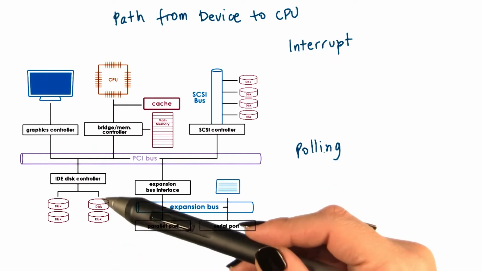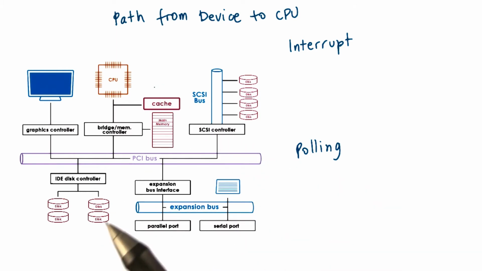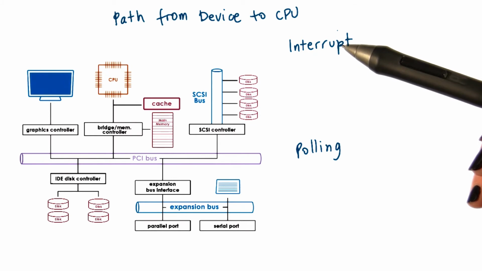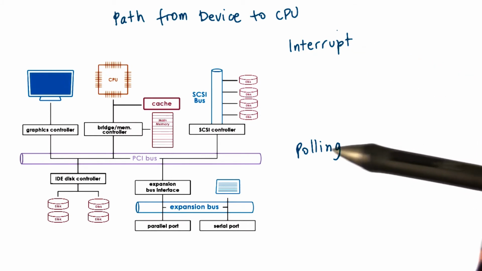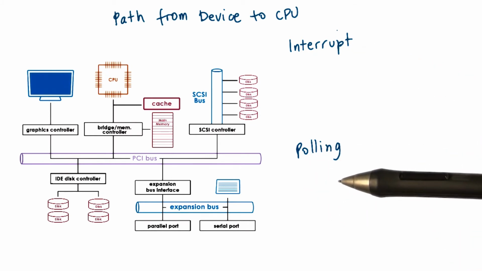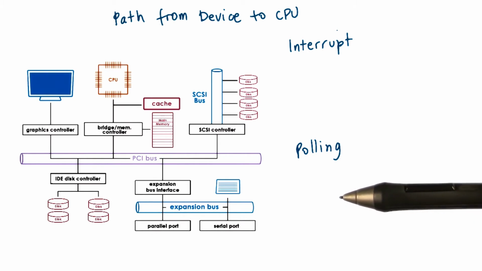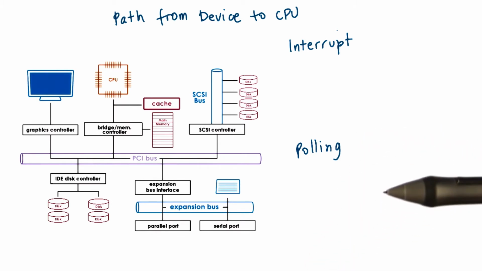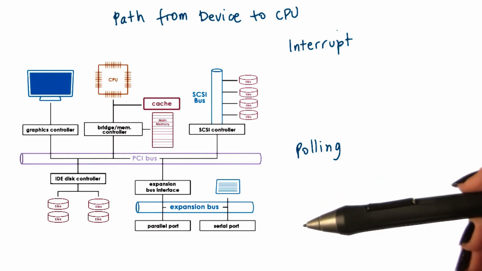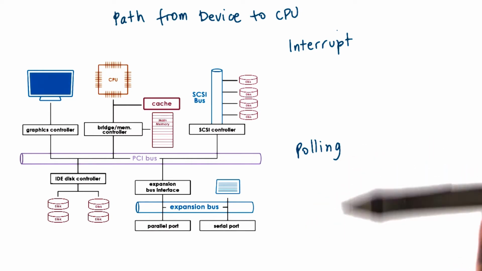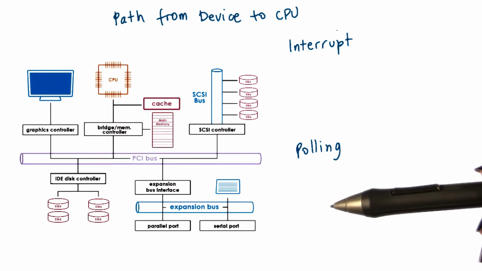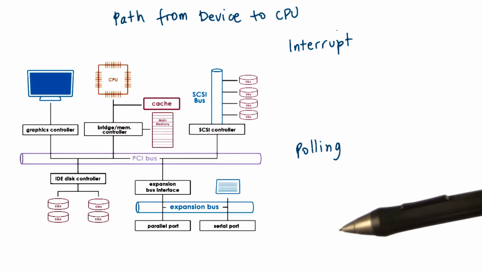The path from the device to the CPU's complex can take two routes. Devices can generate interrupts to the CPU, or the other option is for the CPU to poll the device by reading its status register in order to determine, does the device have some data for the CPU? Does the device have a response to a request that was sent to the CPU or some other information? There are overheads associated with both of these methods, and as always, there are trade-offs between the two.